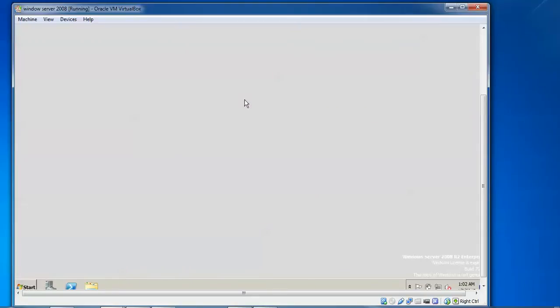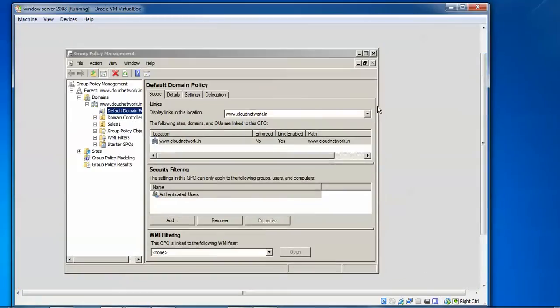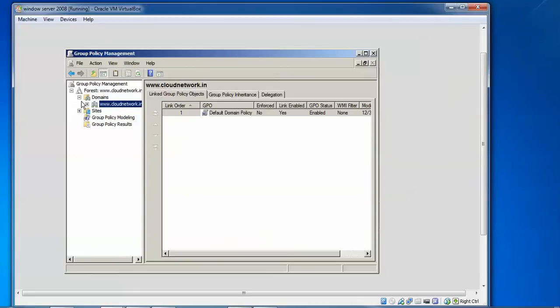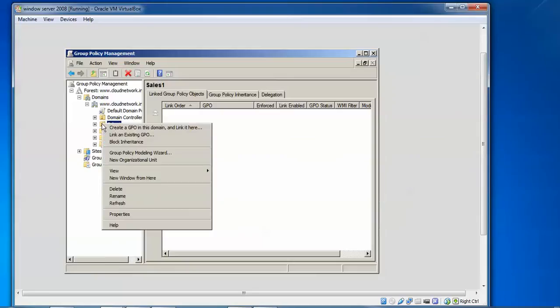Click on it. After that, scroll up a little bit. You need to find Sales, which is my sales OU. Right click on it and choose Create a GPO in this domain, and link it here.